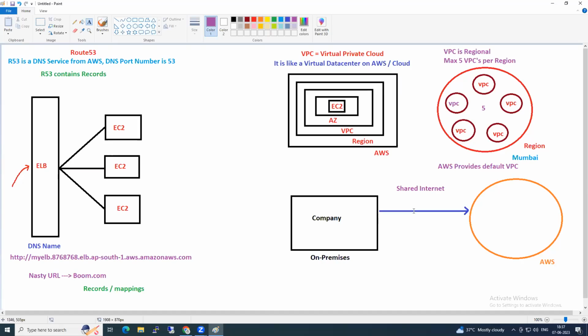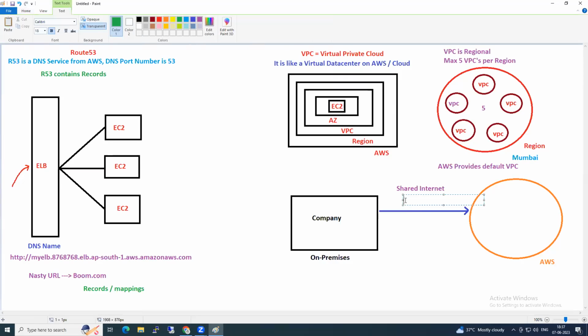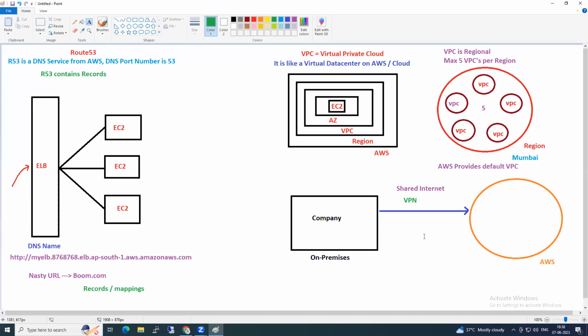No. For that reason, your company people create something called a VPN in this shared internet. What is that? VPN, virtual private network. As the name says, it's virtual, and it's a private network within your shared internet.